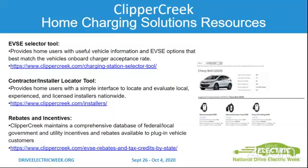But you can pick a vehicle make and model, and then you're going to get information about what power level charging station is going to be able to fill that vehicle up as fast as possible, which one might be a lower cost, lower power alternative, and then an option for something that, if you have the capacity, you may want to invest a little bit more in the infrastructure up front to be able to charge future vehicles faster. There's also a lot of information about the vehicle features, like how big the battery is, if it's able to do fast charging, if it has the ability to configure a timer, which most plug-in vehicles do have